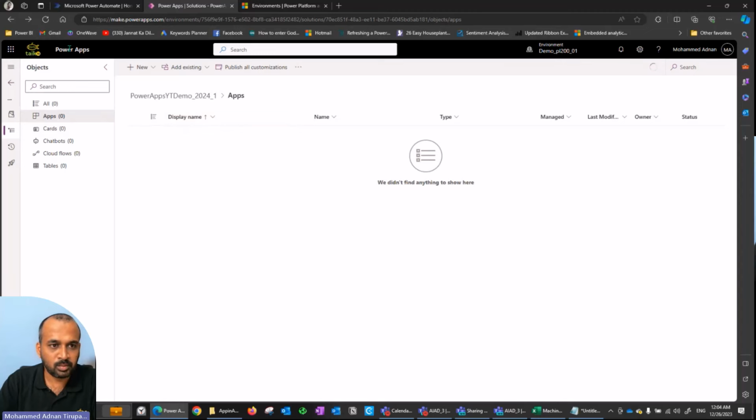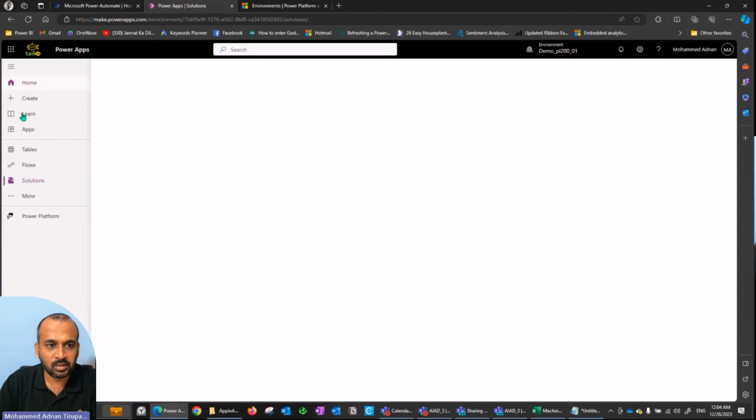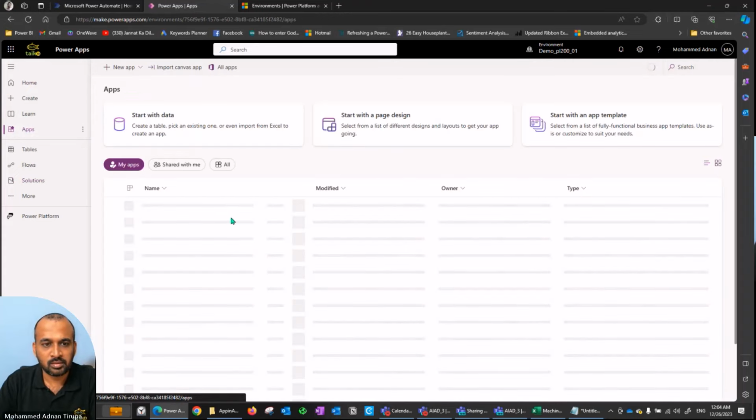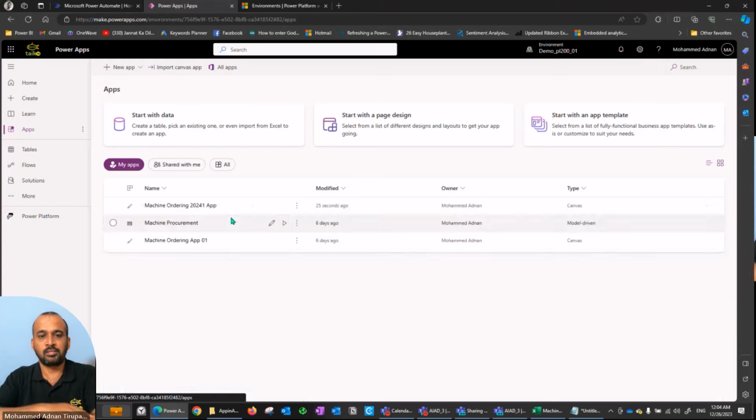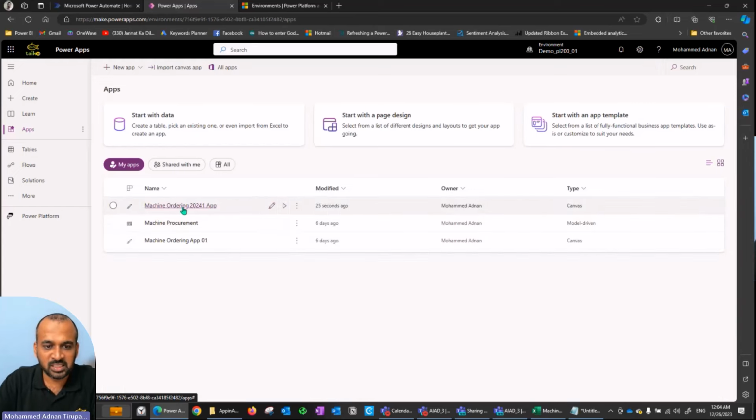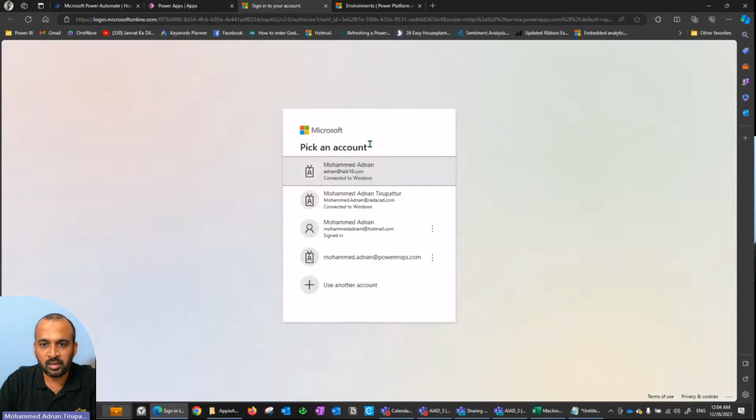You need to click on the Power Apps here. Let's go back onto the apps section. And we see this app here, machine ordering app 2024-01, and click on the play icon. This will open up in a new window. While this is opening,